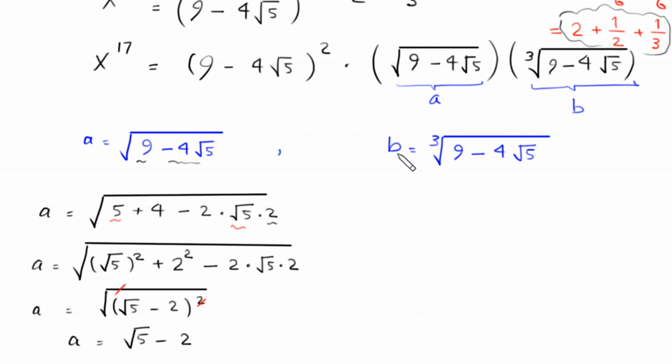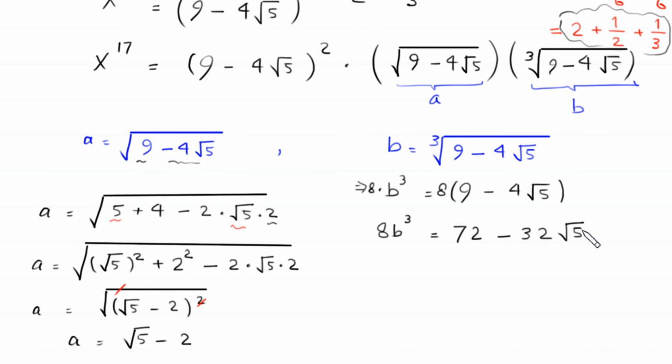If we take cube of both sides, this implies that b cubed is equal to 9 minus 4 times root 5, and we multiply both sides by 8, so this will become 8b cubed is equal to 8 times 9, 72, and 8 times negative 4 root 5 will become negative 32 times root 5. Now this 8b cubed is same as 2 times b whole cubed is equal to, this 72